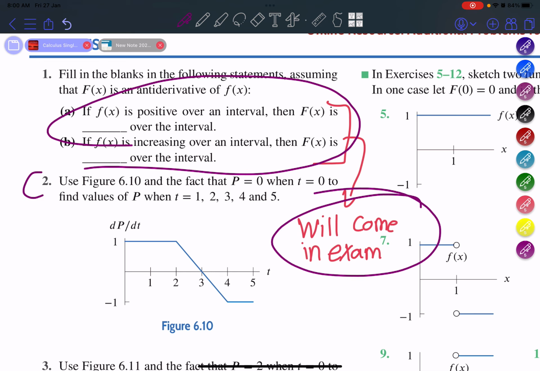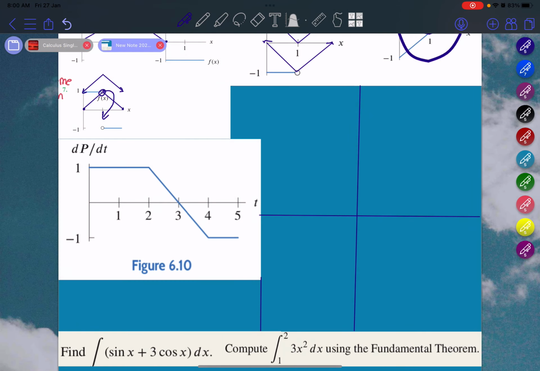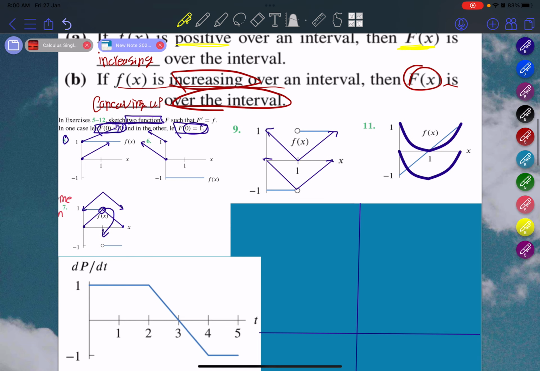So let's discuss question number 2. Use figure 6.10, which is this figure, and the fact that p of 0 equals 0, I mean p equals 0 when t equals 0, to find the values of p when t equals 1, 2, 3, 4, 5. Let's go back. The way to solve this question is kind of tricky because we don't usually do such questions, but